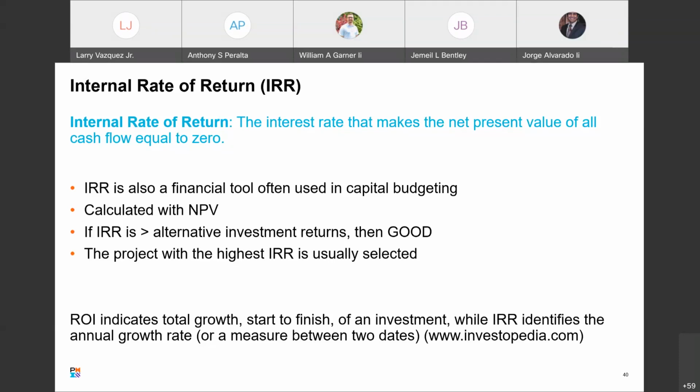So again, with this one, you're looking for the highest internal rate of return. Or in the exam, an example would be, if the company's cost of capital is 10%, and based on the analysis you expect the internal rate of return for a project to be 8%, would you pursue that project? Something like that. Or which project would you pursue? 8%, 10%, 12%, 2%. You select the one that's over your opportunity.